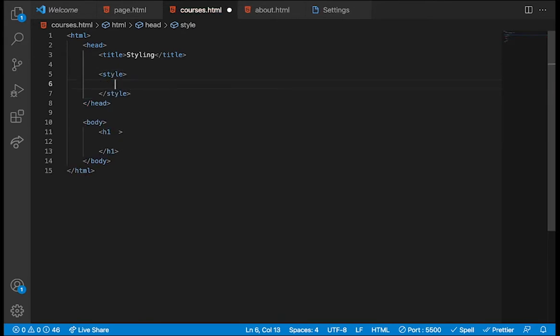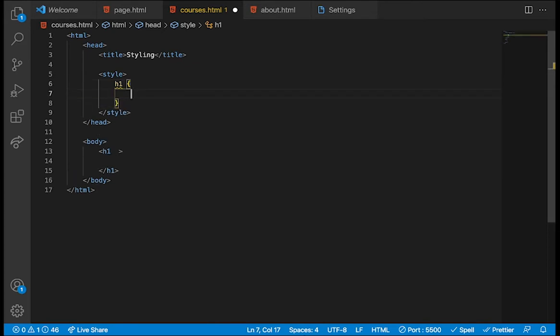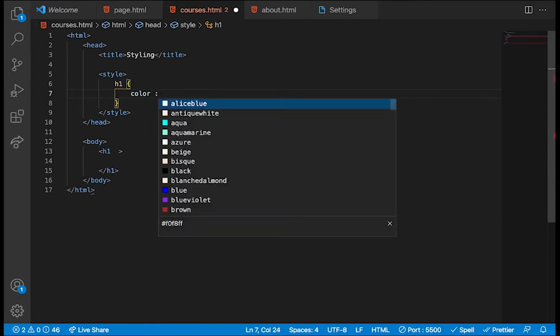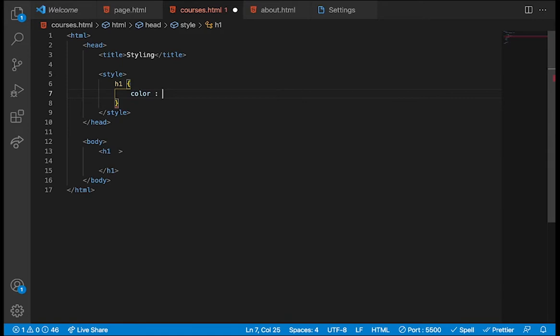So how CSS works is that you first type in the name of the element you wish to style, or the selector. There are different types of selector. For now, let's just start by typing the name of the element, which is h1, and use curly braces, which is this bracket with a line in the middle. Then in between, you type the syntax color, then colon, and the color you want, let's say green for instance. If we save and reload,